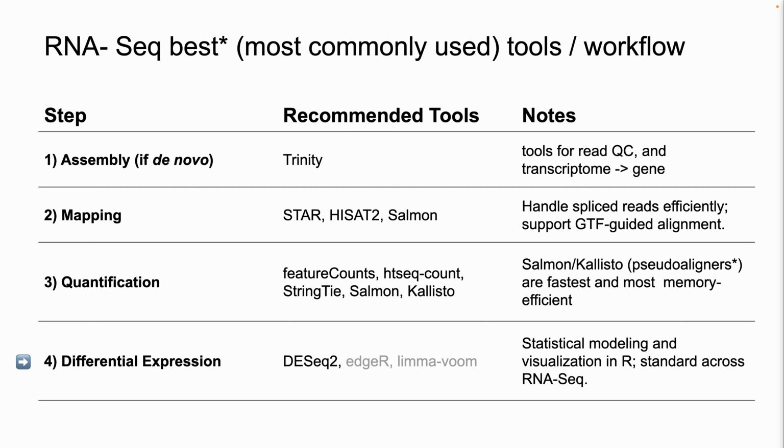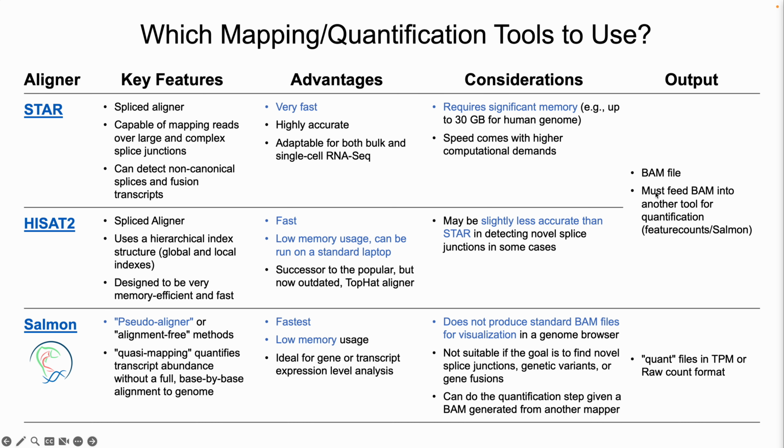So that's mapping and quantification. Oh, I skipped over quantification for the top two. You get a BAM file as output. That's not quantified gene expression. You've got to use another tool. Feature count is the name of the tool that's typically used with the STAR or HiSat aligner. There's also